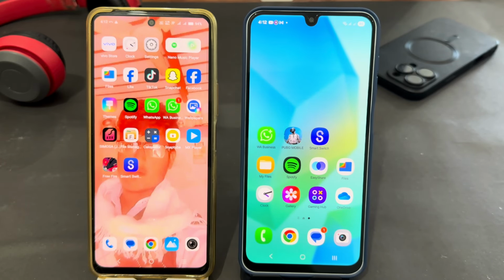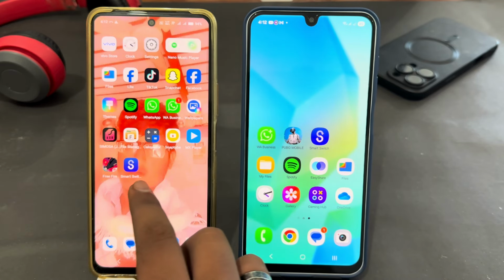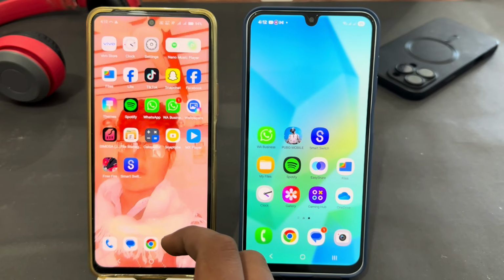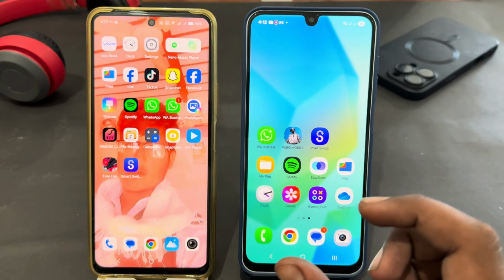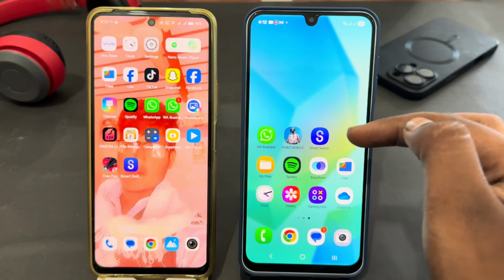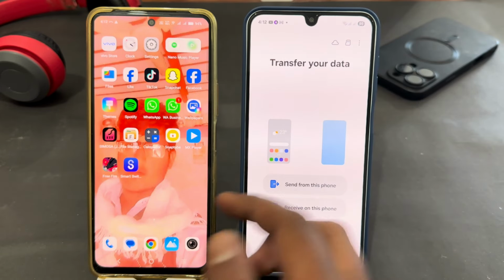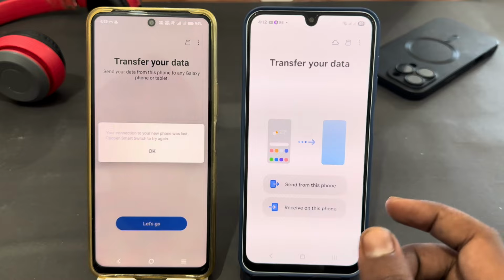So today I'm going to tell you how to use Smart Switch to move data wirelessly in Samsung A16. If you are using Samsung A16 and you want to move your data wirelessly using Smart Switch, let's see how you can do this. You must open the Smart Switch app on both phones, just like that. Just open that app,